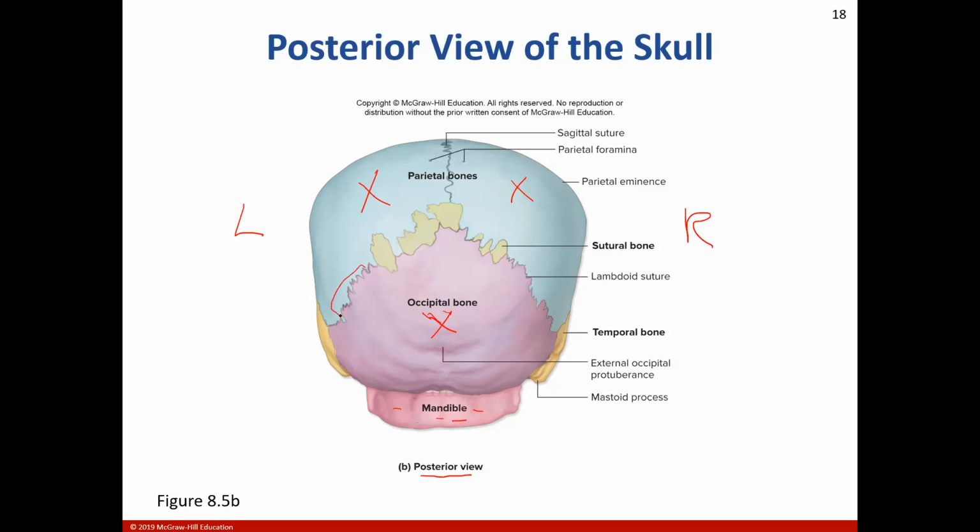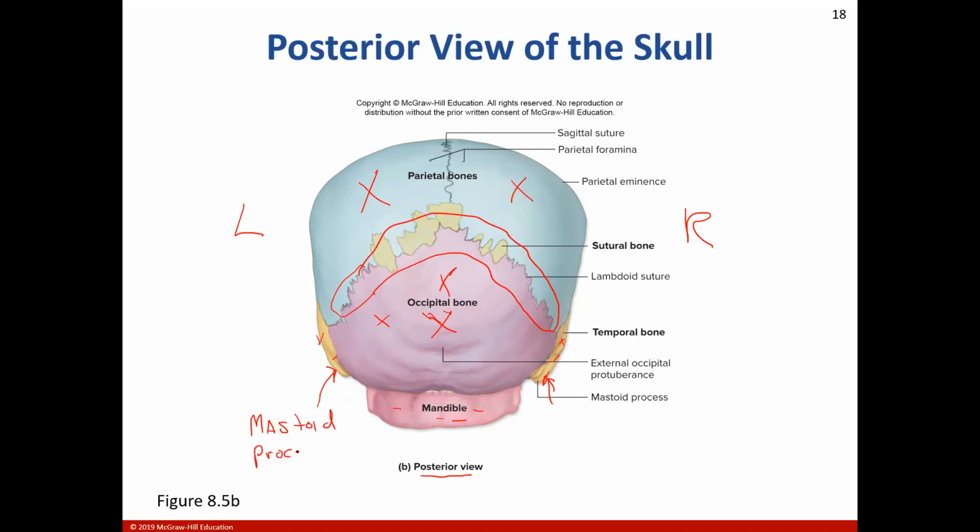So here's an excellent view of the lambdoid suture. And this is all occipital bone. Now there's a part of it, this is temporal bone right here. This is temporal bone from the side. You see that really good from the lateral view, which we haven't seen yet. But you can feel this process on both sides with your hands right now on your skull. You could feel that there's like a little bump under your ear, like inferior and posterior to your ear. And what that is called, and we ask this a lot, this is the mastoid